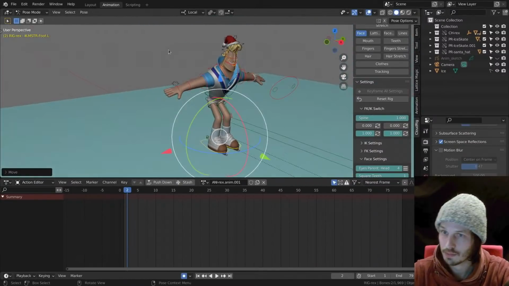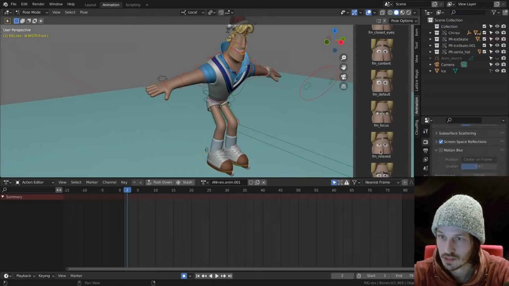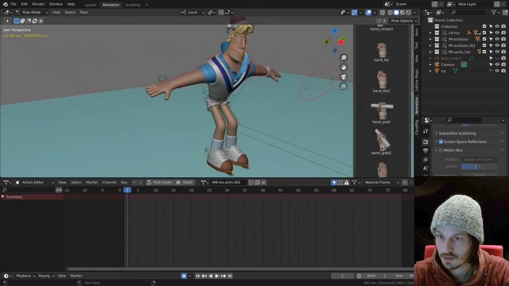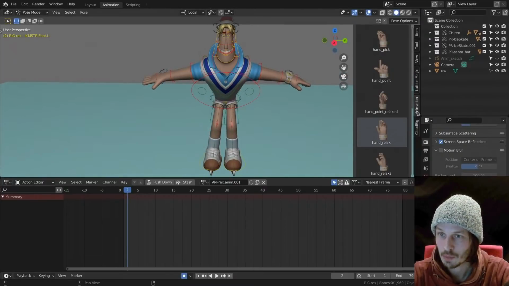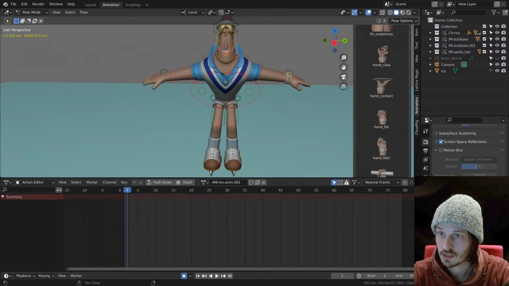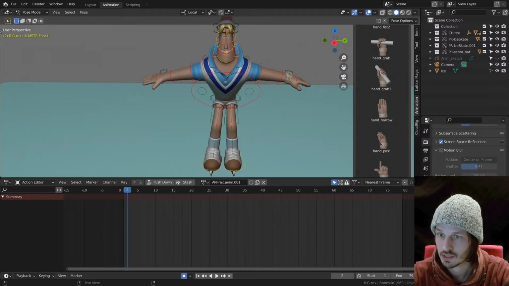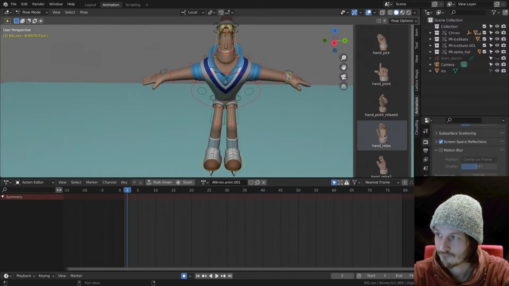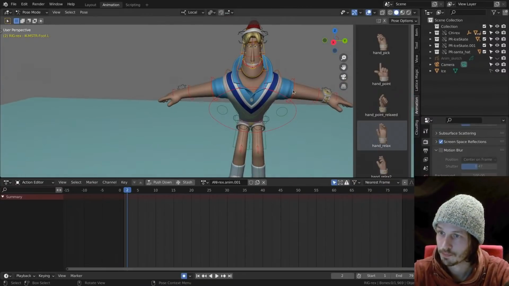Now for his hands, same thing. I do want to look at something a bit more organic, so I just slap on something a bit more relaxed, and we can change that later. And do the same thing for the other side. Here we go. All right. Now,